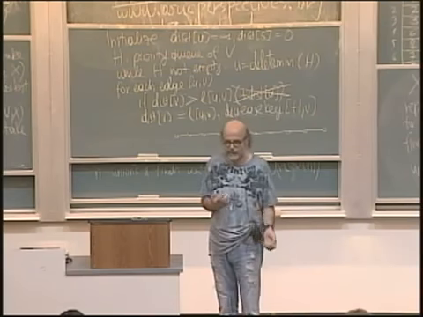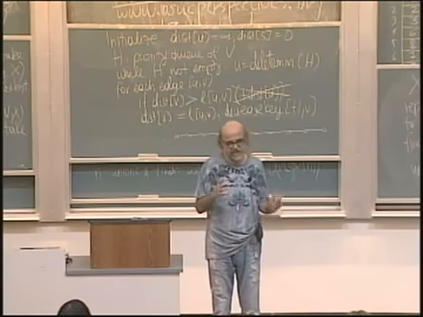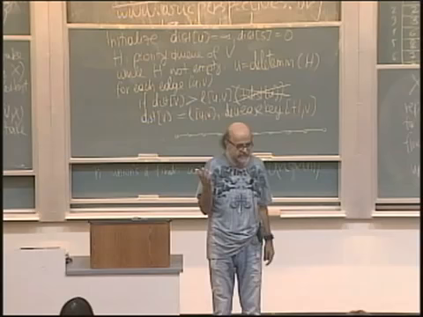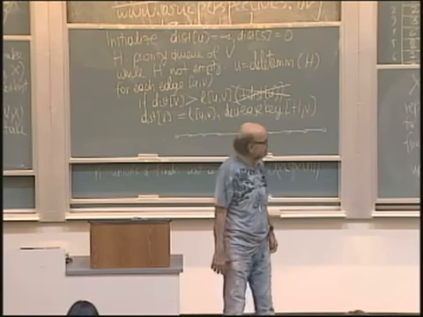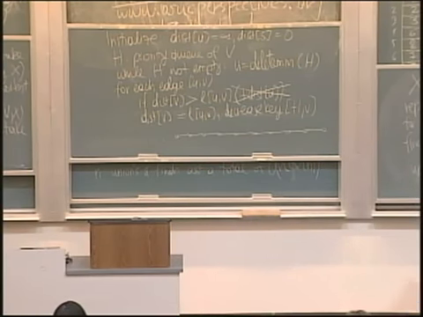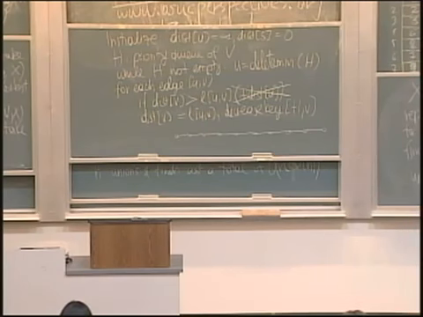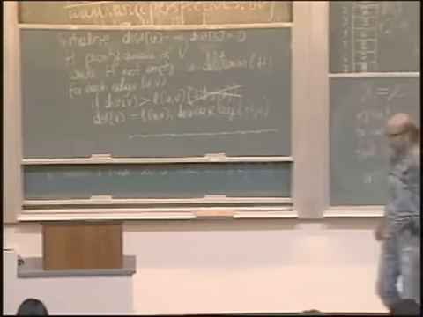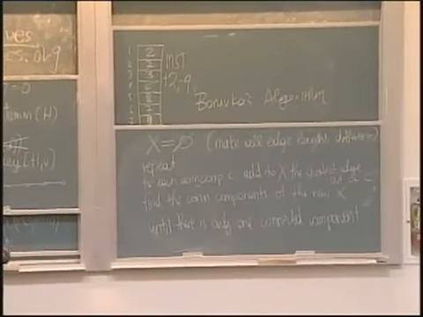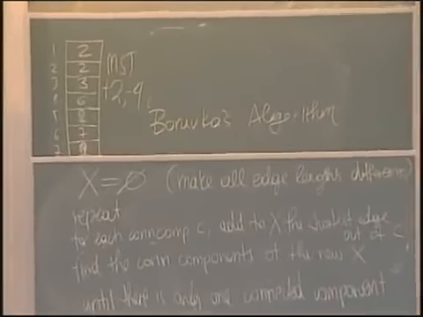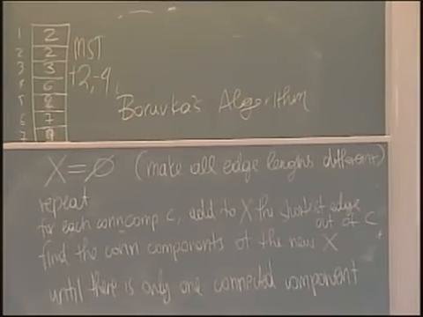You realize that n time is terrible for parallel. I mean, when we are doing parallel algorithms, we are extremely ambitious. We are going for something like log n. All right? Okay, so again, this is Boruvka's algorithm. It is the algorithm of choice when we are interested in parallelism, when we have parallel processors on our chip. And that's what we are going to analyze